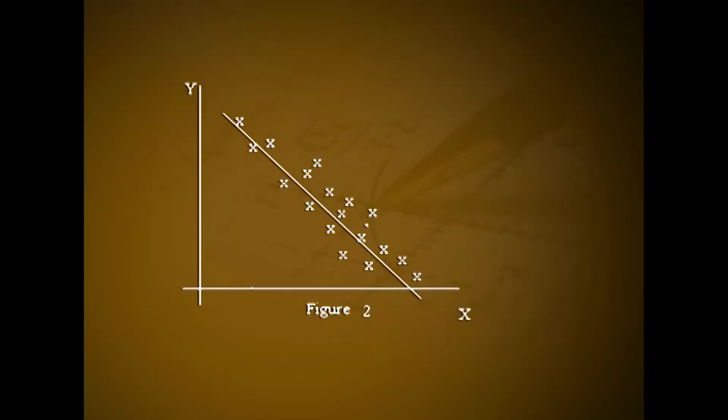In the second diagram, figure 2, we also observe that all the points are scattered around a straight line, but such a straight line is in the form as x increases, y decreases. Then we can suspect there exists a negative linear relation between x and y. Here also the points are closely clustered around the straight line, hence the degree of linear relation is high.